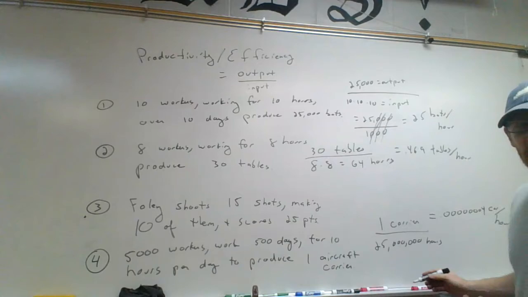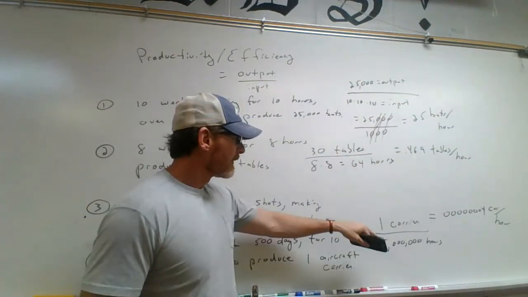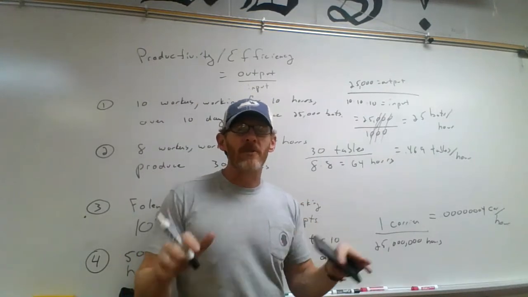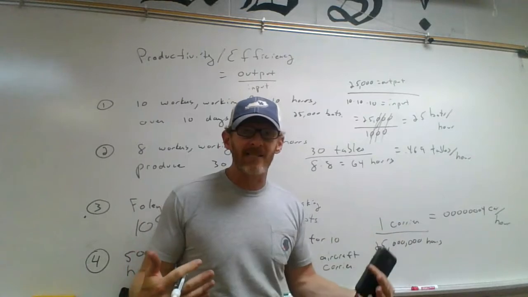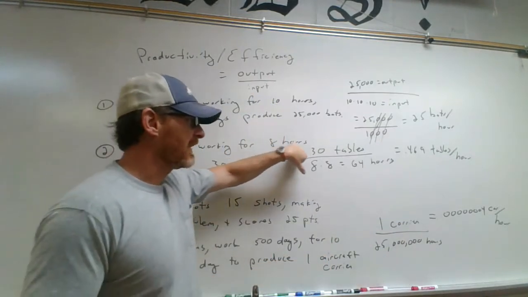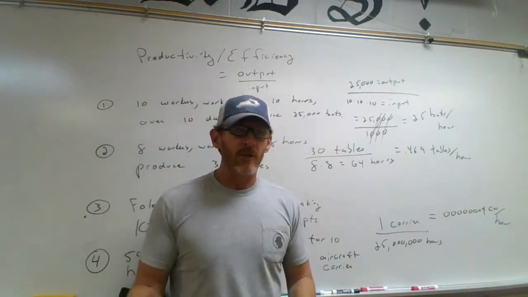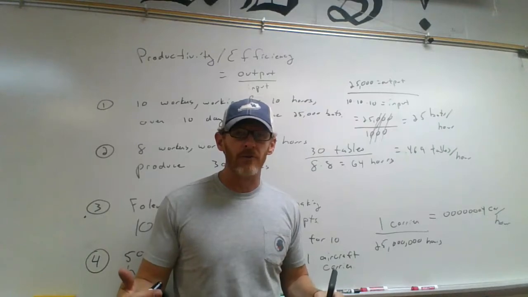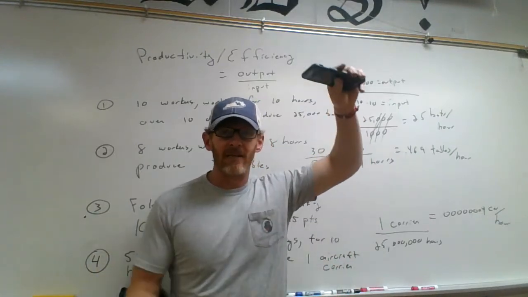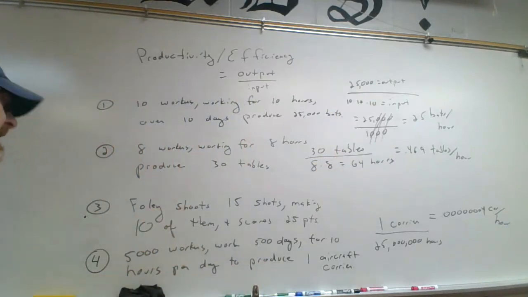And you're like, well, that's stupid. Why does that matter? It matters a lot, because if you can actually get this down to 6 zeros and a 4, you are making so much more profit because you're paying way less because it's fewer hours. If you own a business, you want to get your efficiency as high as possible because that means you're paying less to make more stuff. So anyone who owns a business knows that you want to be as productive as possible, as much output with as little input. Okay? And the last one here, let's say Anna Foley shoots the ball 15 times, and let's